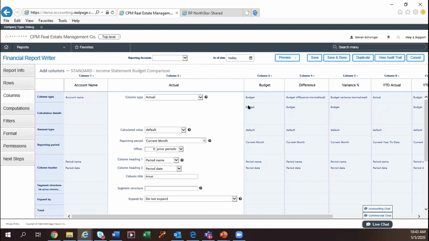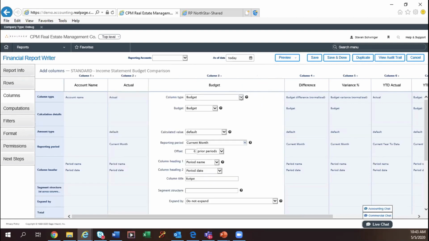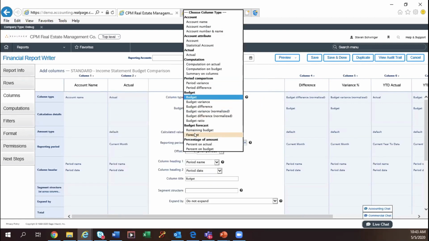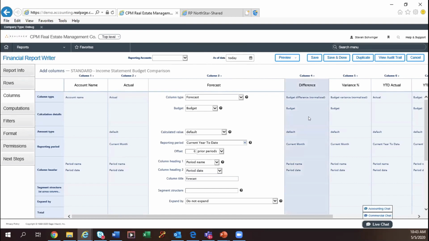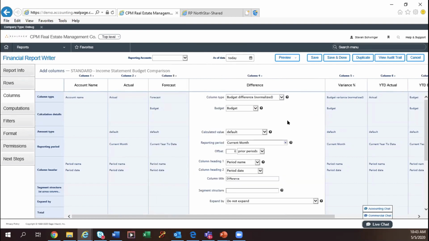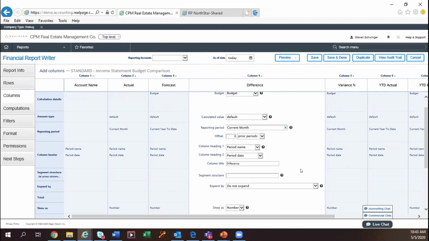So for example, in this case, this was an actual versus budget. Maybe I want it to be an actual versus reforecast or forecast. So upon picking that, I could then pull in my uploaded forecast and I could change the dynamics of the particular report. By doing column summaries of calculations, you're also able to define, if you want, the ability to do